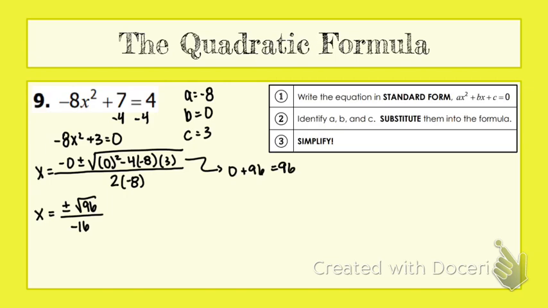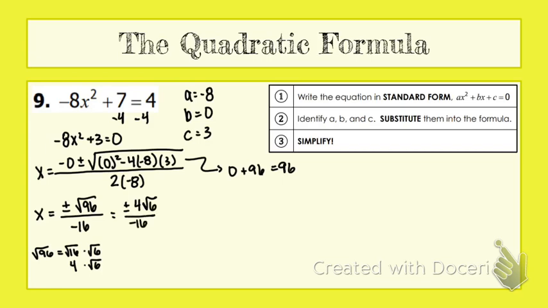And the square root of 96, we need to make sure it is in simplest radical form. We can reduce it by taking the square root of 16 times the square root of 6, because 16 times 6 is 96. And the square root of 16 is 4. The square root of 6 cannot be simplified. So we are actually going to get plus or minus 4 square root of 6